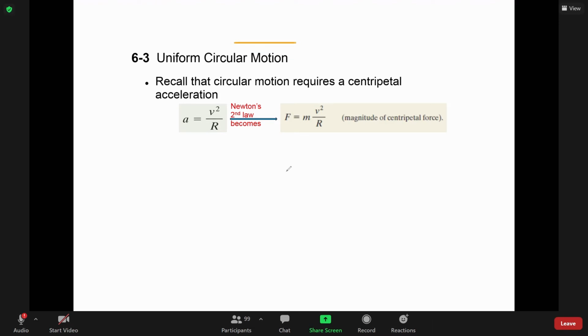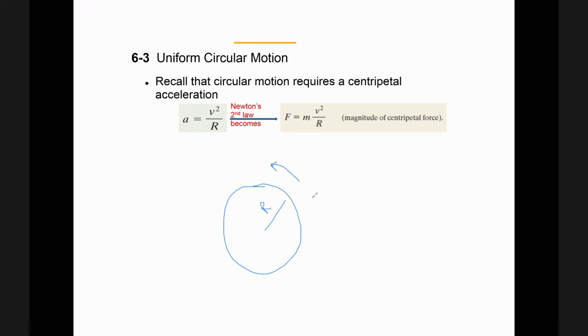So we go back. We said an object in uniform circular motion of radius r can move this way or this way. The velocity at any moment should be tangent, and it's changing all the time if you move in the counterclockwise direction, but the speed is constant. And we said there is an acceleration that always points toward the center, and its magnitude is v squared over